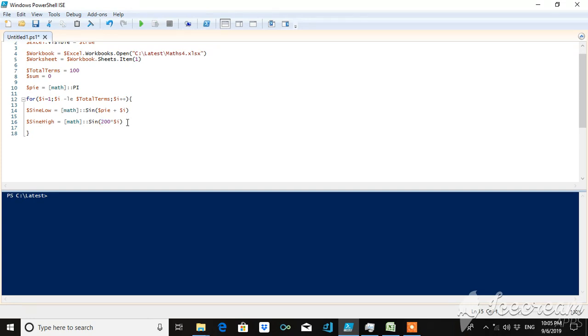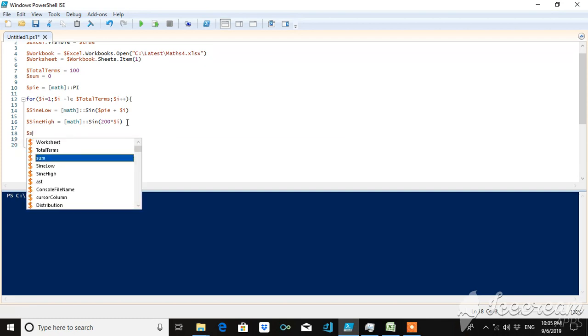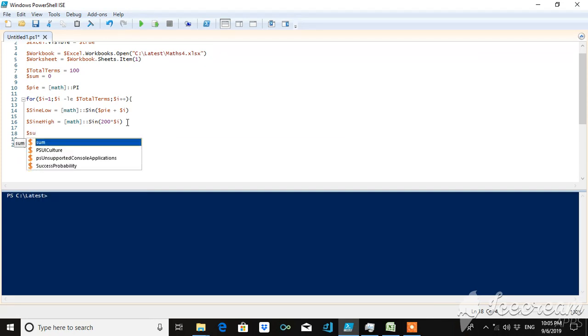Okay, now as I told you earlier, what is modulation basically. So modulation is the sum or superimposition of these two variables, these two waves actually. Okay, so let us create a third variable called sum, not sum